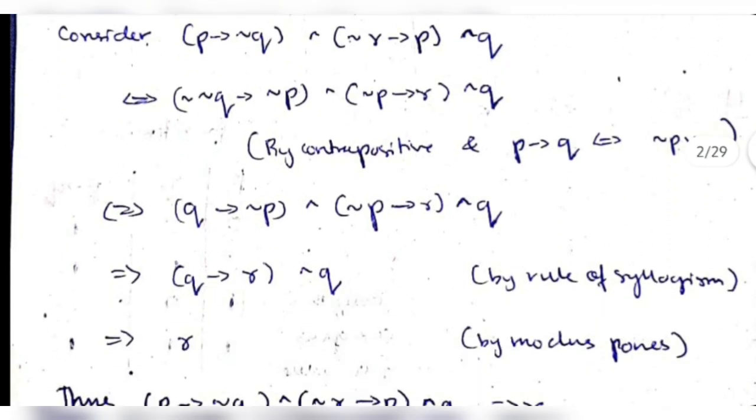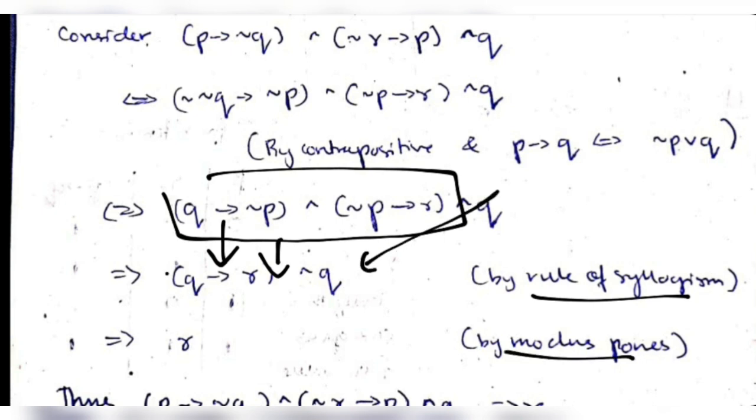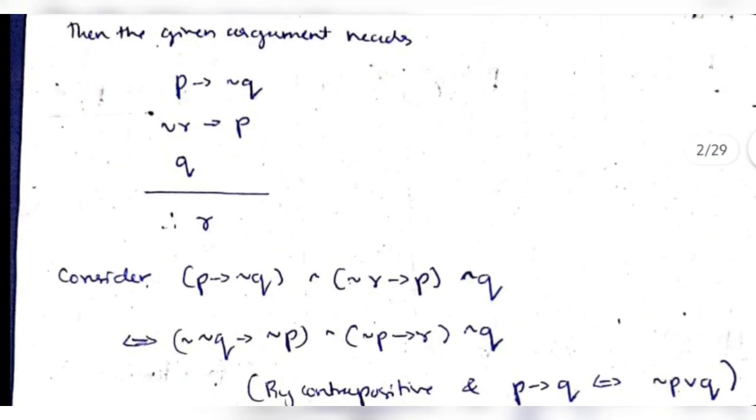After doing that, we have to use the law of double negation here, which will be written as Q, and this is the same thing here. Rest all is same. Next what we are going to do is use the rule of syllogism for simplifying this here. Okay, by using this both we'll simplify it here, and then this and Q will be here only. Then by modus ponens rules we'll simplify this here as R. Okay, so the conclusion we got here is R, and that's what we needed to prove here.